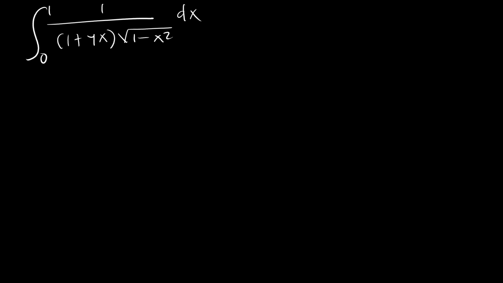First of all, this is in the interval of interest, y between -1 and +1. So when faced with such a problem where you have a square root of 1 minus x squared in the denominator,